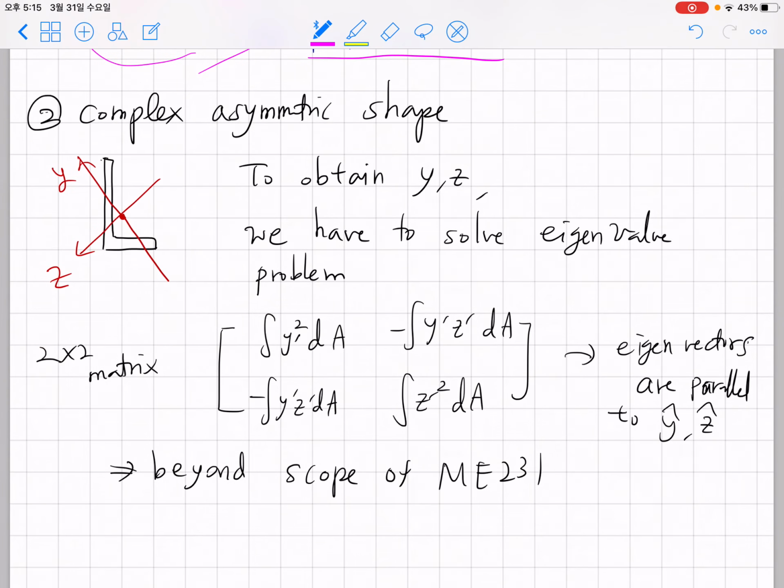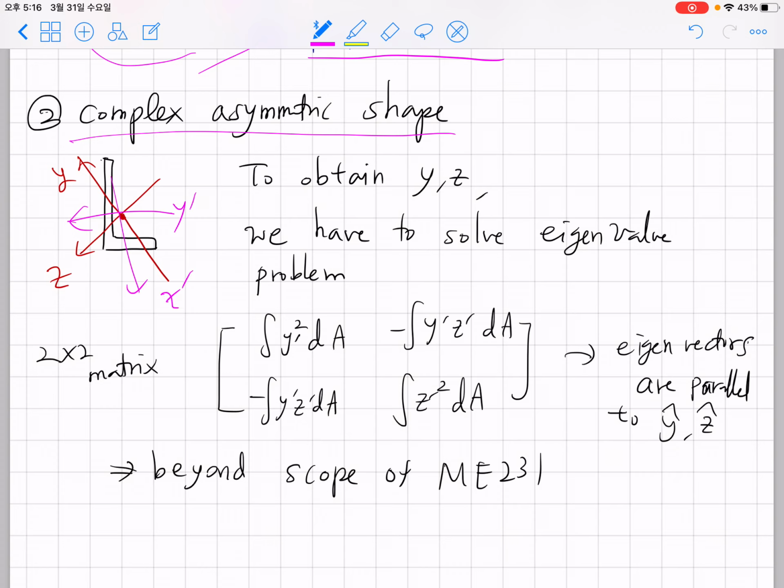Now regarding a complex, asymmetric, general shape, of course you can do that, but there is a mathematical way. This is not super serious. Any engineering student who has taken linear algebra can do this, but because most of you haven't taken the linear algebra course yet, I'm not gonna get to the detail. But what you do is quite simple. So you take any arbitrary